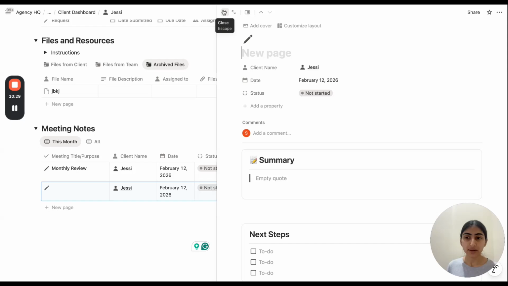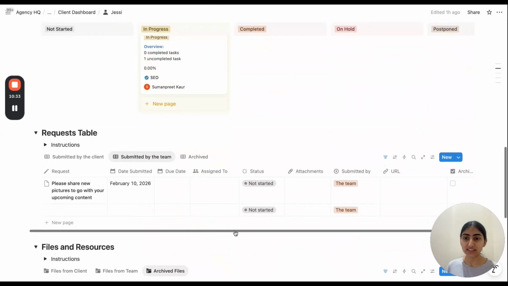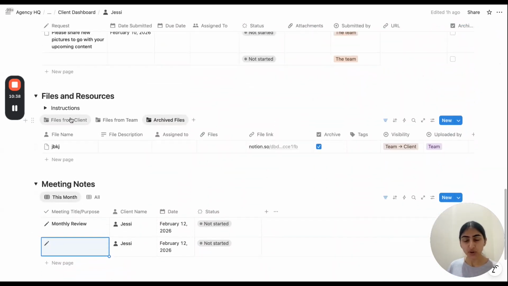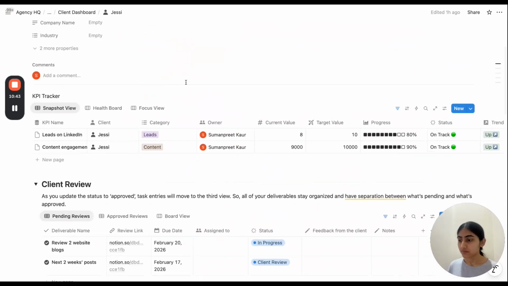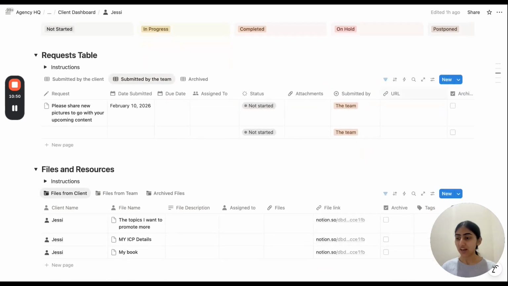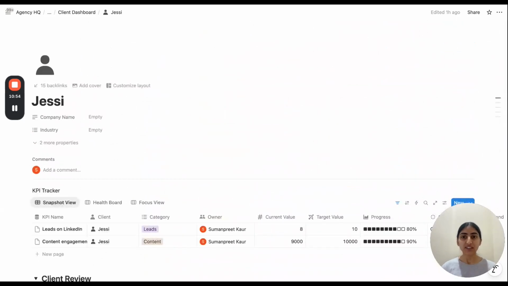And as you can see, this is only for the client Jesse. So only that client will be updated here. No chaos, just one place for one client. So this way your clients stop asking for the same updates every time, and your team doesn't need to explain the same context repeatedly. This is how you get time back to focus on what really matters, and your client's experience is elevated as well.